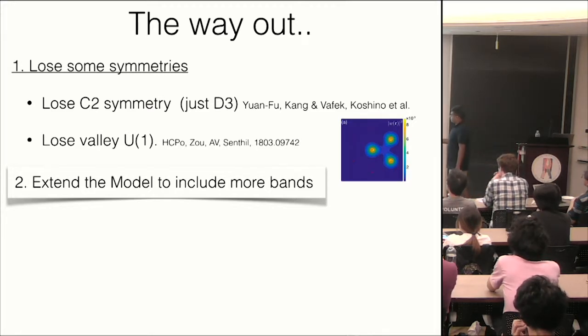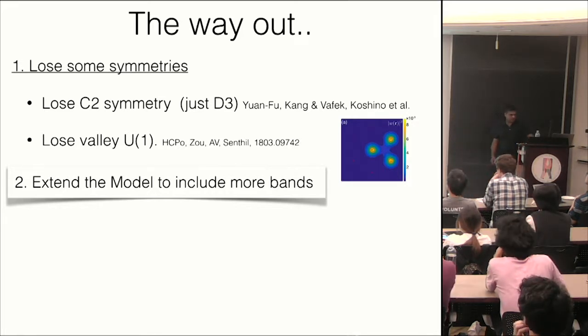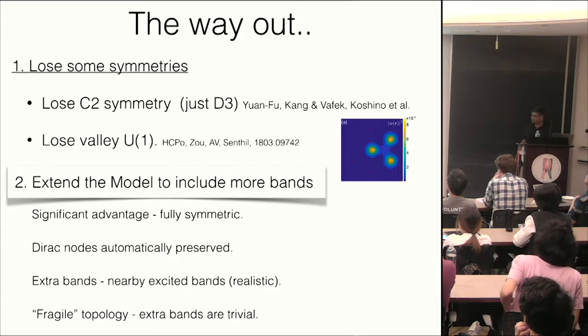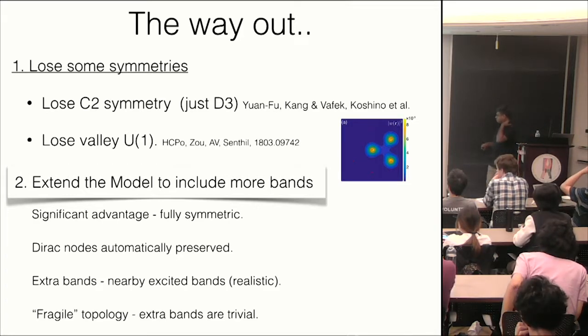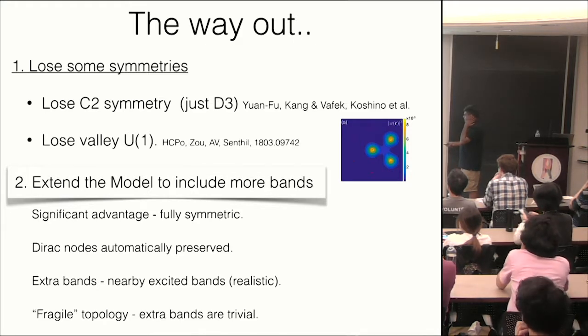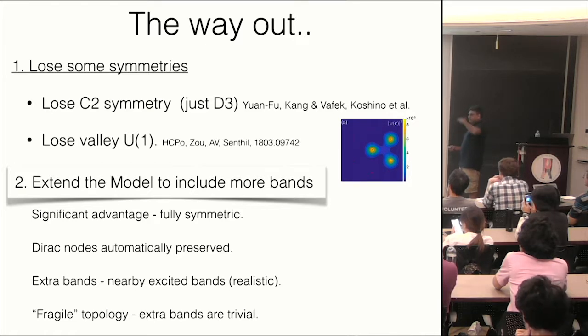Okay, so the other option turns out to be to extend the model. You can include more bands, and the sole purpose of these bands will be to give you the right topology. So it's fully symmetric, these Dirac points will be preserved, and actually you can use it to your advantage. These extra bands could actually be the excited bands of the model, so the regime of validity of this model can extend beyond the flat band and include some